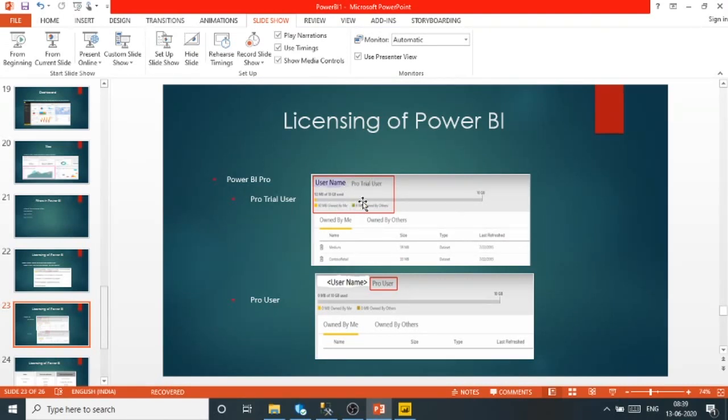But the plus point is it does not require credit card details, because somewhere if you are purchasing something for a trial, they ask for credit card or debit card details. In the case of Power BI, it does not require any credit card details. So if your Power BI trial is over, your money will not be deducted from your bank account. That's a plus point. You can use the trial as a trial user for 60 days, with the same features of Power BI Pro.